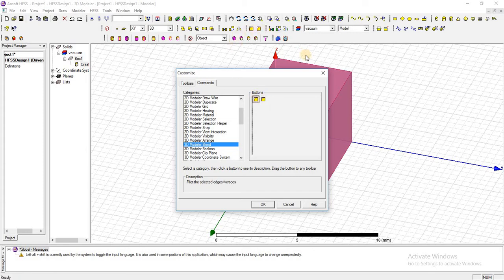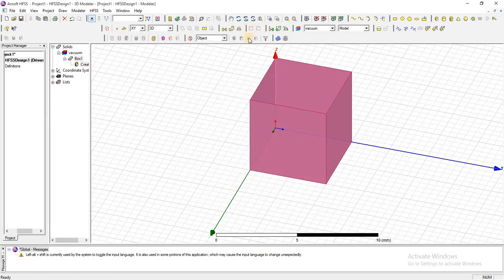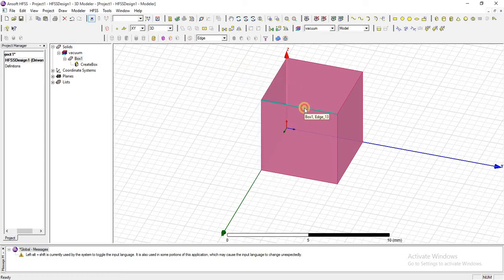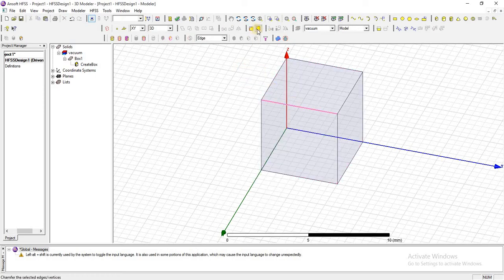You can see it here also. And these commands only work on edges and vertices of an object. Select an edge. Now you can see that these two commands become active.